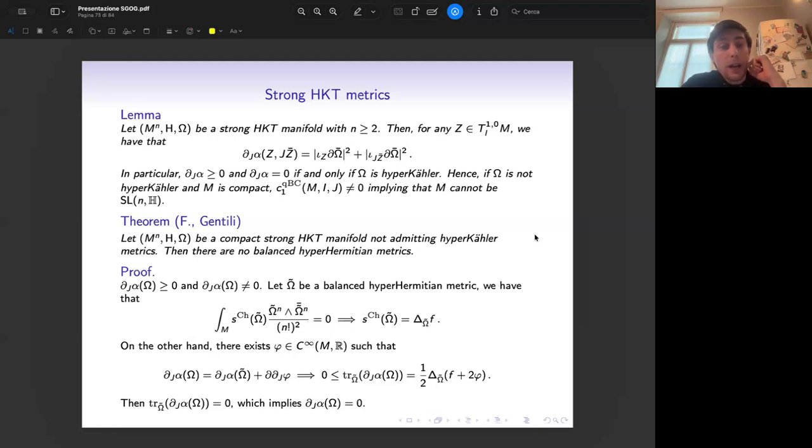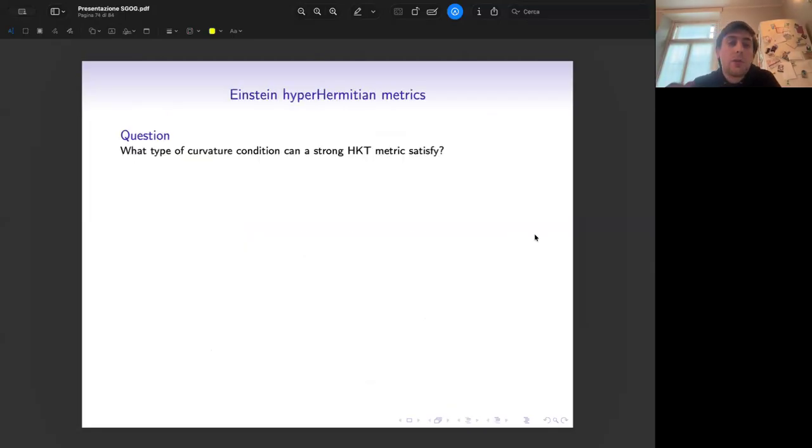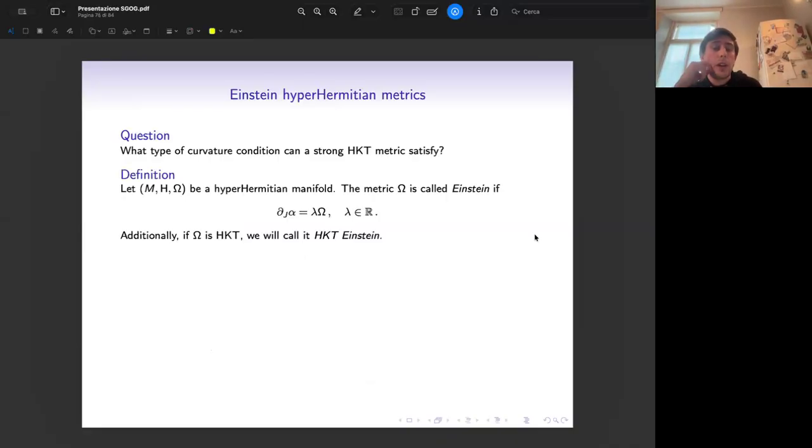Now, by the lemma above, we know that actually a strong HKT metric cannot have its del J alpha equal to 0 out of the hyperkähler setting. So the next question is what type of curvature condition can a strong HKT metric satisfy? And to answer partially this question, we introduced the following